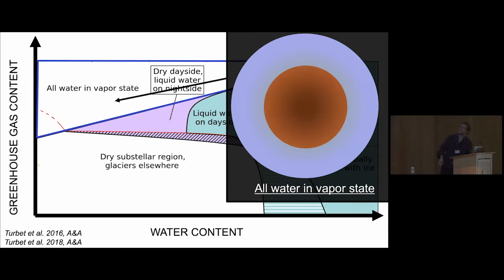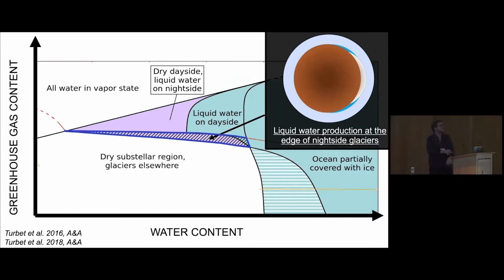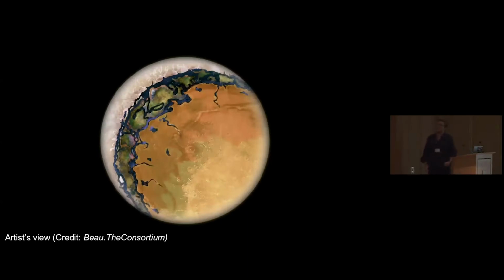In between, you have a lot of exotic and intriguing states. The first one is a state where the glaciers are exactly at this limit where they are flowing far enough that they can start to melt and produce liquid water at the edge, forming lakes and things like that, and then evaporating back in the surface. This has been illustrated by this image, which some people call the hot eyeball planet.